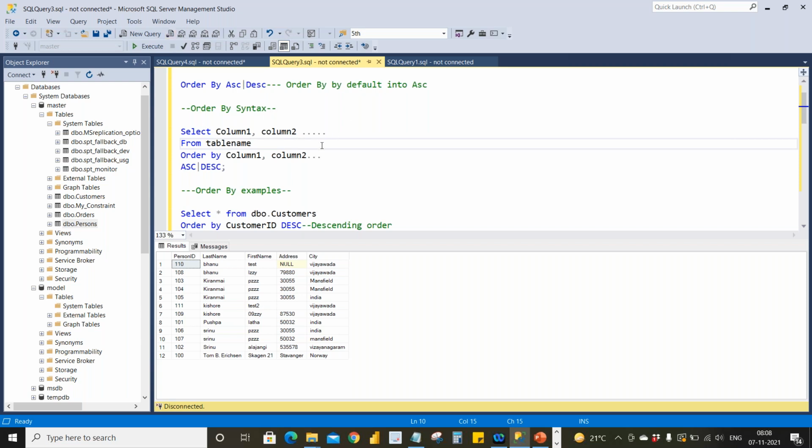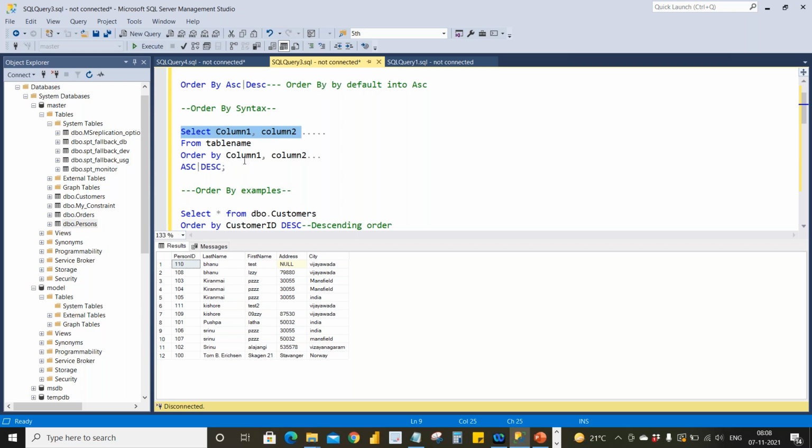So this is the syntax we have. Select column 1, column 2, or we can give star also depending upon our requirement. So select column 1, column 2 from table name, and order by you can give which column you want to sort.